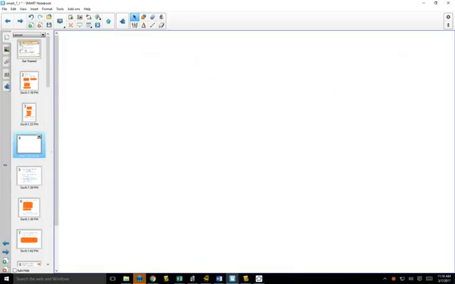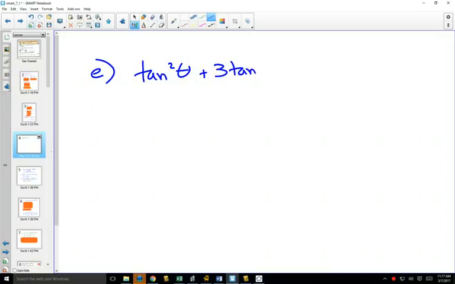We're going to do one more example. This one is going to be calculator again. On your formula sheet, they give you the quadratic formula. So that was something you learned last year: negative b plus or minus the square root of b squared minus 4ac, all over 2a. I'll write it up again. The reason they give you that is they're going to ask questions that are quadratic. So this is a quadratic equation